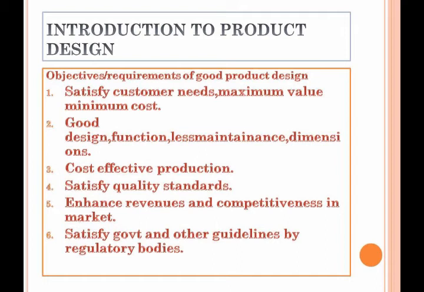Must give due importance for product recycling, especially avoiding exotic materials that are difficult to recycle, and also designing with parts that can be refurbished and reused. So how the product should be, once the product life gets ended, it should not be a waste. So it must be in such a way that it can be recycled, and any part of that product can be recycled or replaced easily and can be reused once again. So that is the 7th point.